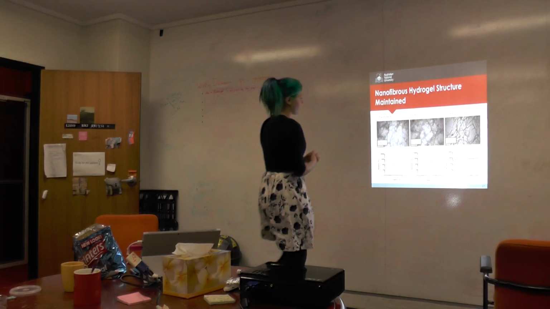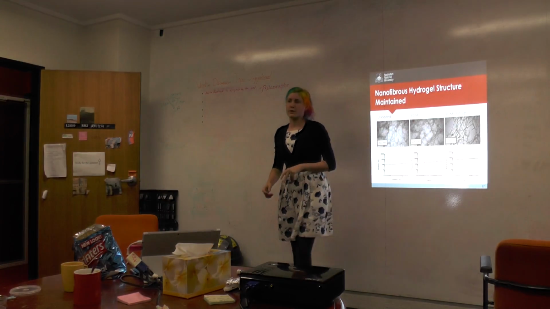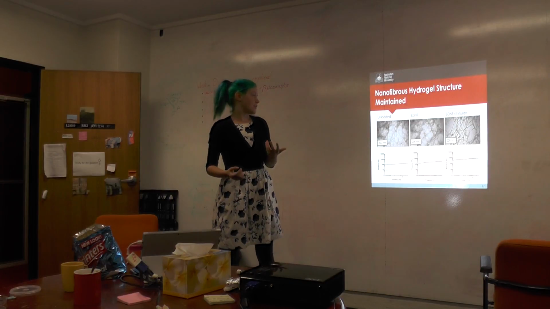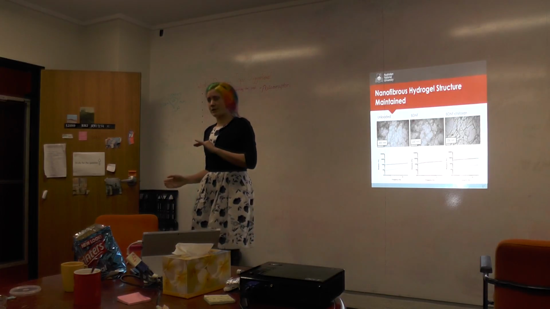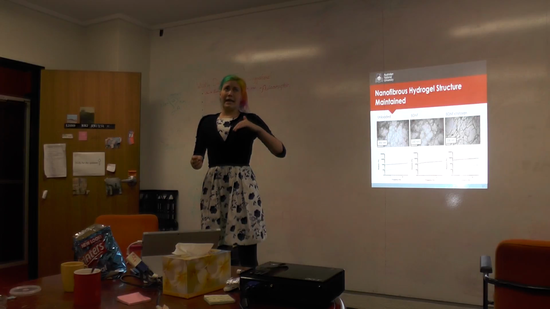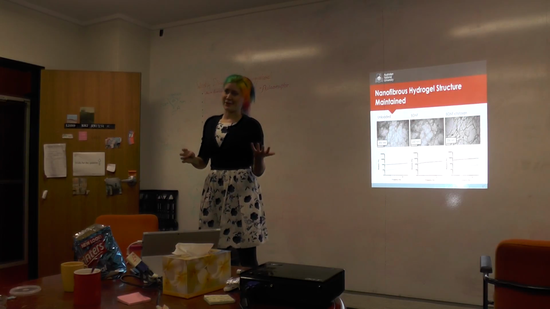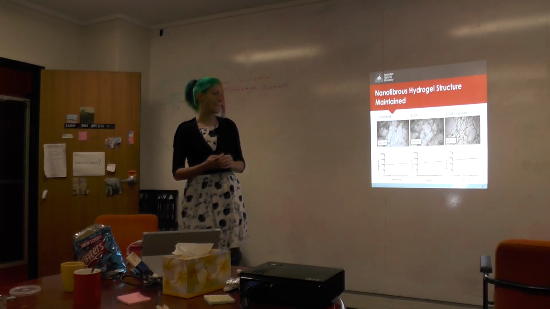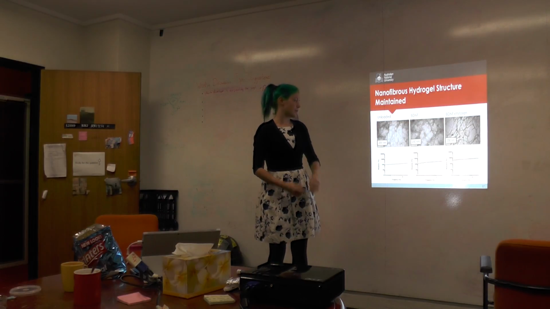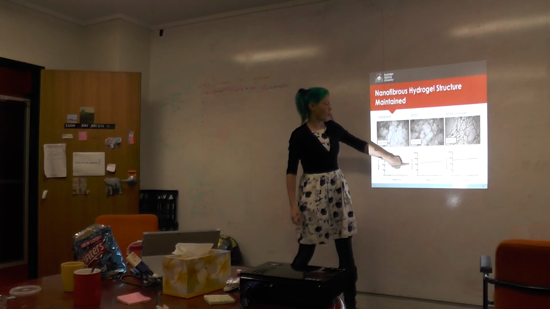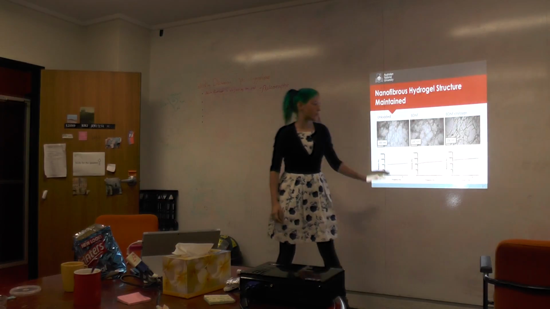Okay, so these graphs are rheological data. So basically they show the storage and loss modulus, or the elastic and viscous component of shear modulus of the material. And it's on a logarithmic scale? Yeah. So what we're looking for is that the overall modulus, the bolded line, is at the right sort of